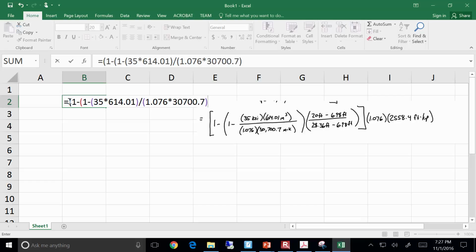Okay, so that's that times, let's see, what do we got? This 20 minus 6.98 divided by 28.36 minus 6.98. That's all that times 1.076 times